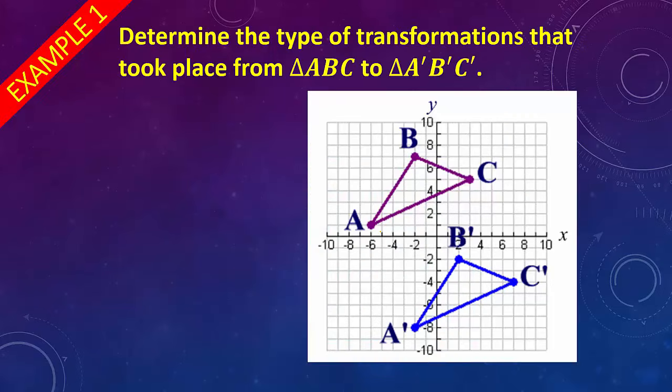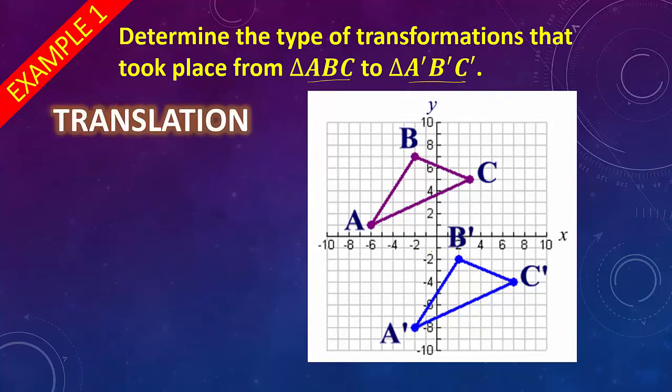So let's take a look at our first example. All we need to do is determine the type of transformation or transformations that took place from triangle ABC to triangle A prime, B prime, C prime. So it's important to note the notation that they use so you know which triangle you're starting at and going to. Now here all we're doing is asking you to identify the type of transformation. In this case, notice how the B and the C have the same orientation. The figures look like if I took this one and moved it on top or vice versa, they would be exact matches. So that would just be a slide,